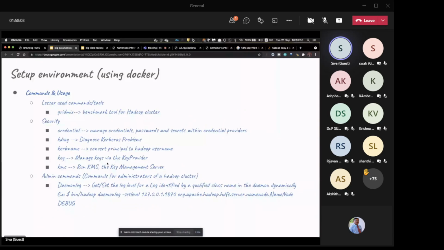Security is another aspect. There's a bunch of security related commands and admin commands. But then security is very limited within HDFS,